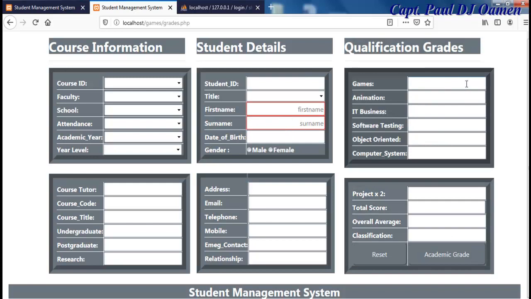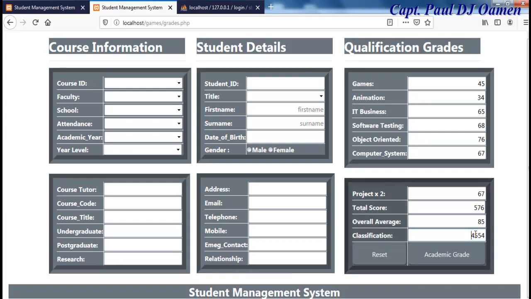So what I want to achieve now is, when I enter all of this data in here, I want to be able to officially add everything up. That's what I want to try and achieve. Which means we add up every single unit here and we should be able to get the total. And we should also be able to get the average, whatever the average might be, and then classify these students